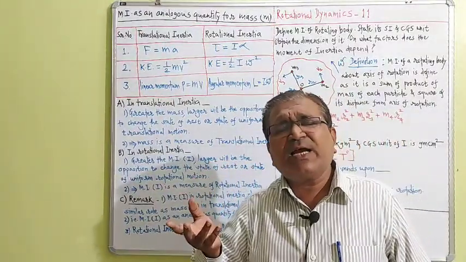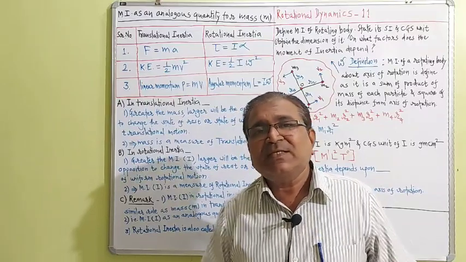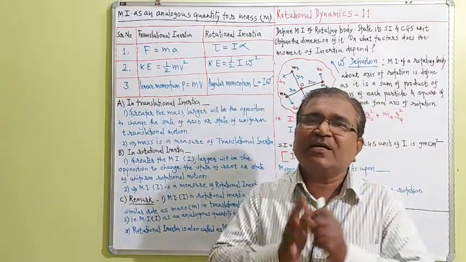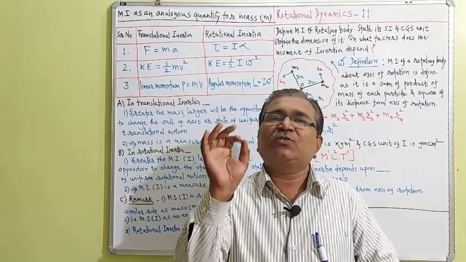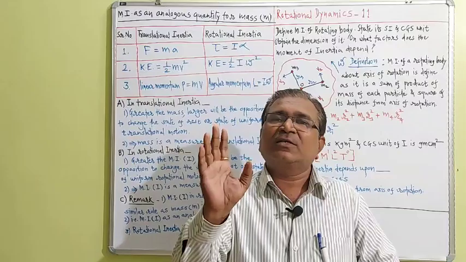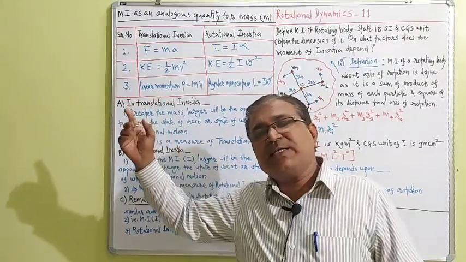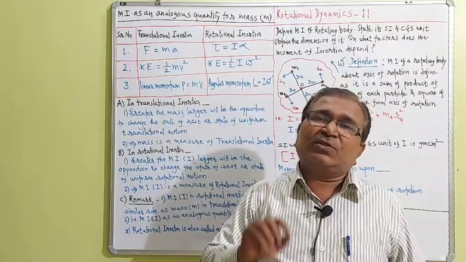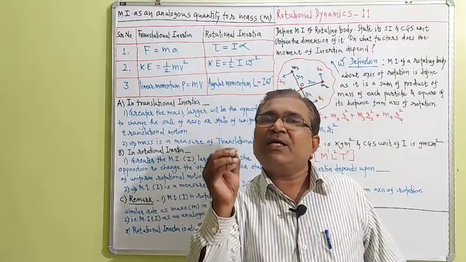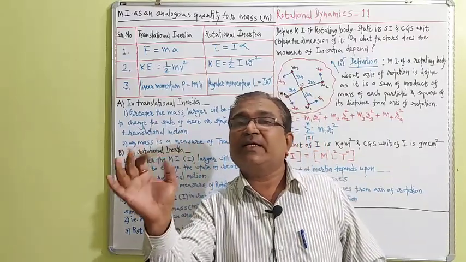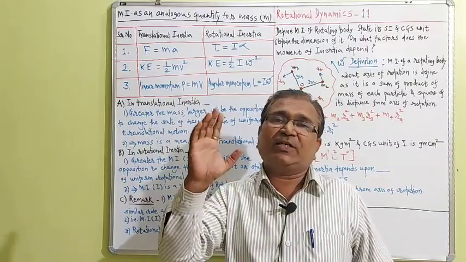The same case we can discuss regarding rotational inertia, dear student. Greater the moment of inertia, capital I, larger is the opposition to change the state of rest or state of uniform rotational motion. So instead of mass there, capital I arises. So the most important remark we get is capital I is a measure of rotational inertia. This is the second line we get in case of rotational inertia.